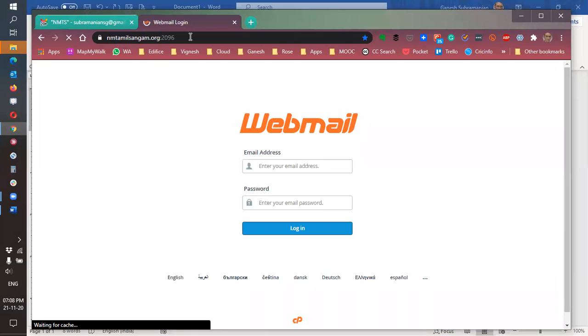Now, when you type this, it will take you directly to the login screen where you have to key in your email ID and password. This is very similar to Gmail or Outlook or anything of that sort. Since I know the info email ID, I'm typing here info at nmtamilsangam.org.